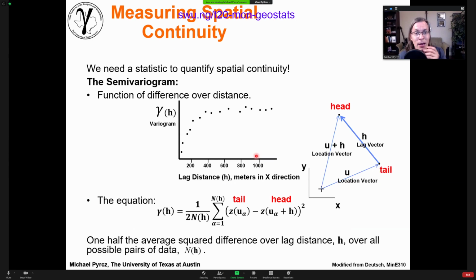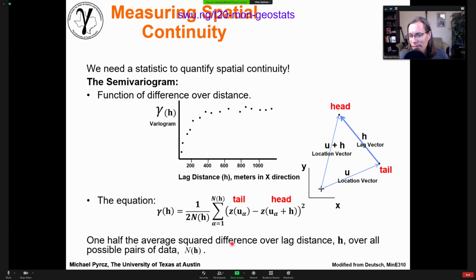Variogram calculation. This is the equation right here. And some of you have seen this before. The variogram is simply, if we ignore the 2, just an average of the square difference of values separated by a lag vector h from tail to head, and it's averaged, which means spatially we calculate that average square difference at different locations that have that same relative lag vector, the same direction and distance. That's the whole idea of a variogram. The 1/2 is why we call it a semi-variogram. We don't have time to get into that today, but let's just call it a variogram,